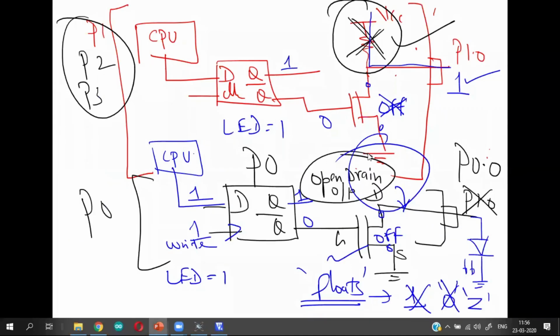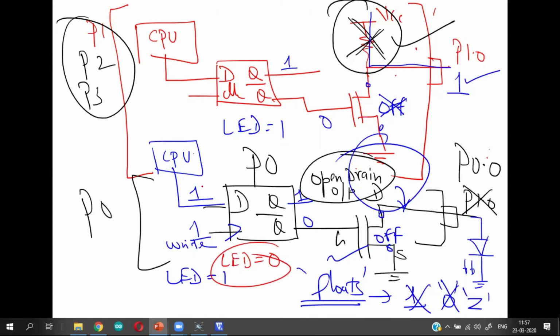Why is 0 working? For 0, this works perfectly. Tell me what will happen for 0. For 0, what will I do? I will put LED is equal to, what is the statement that I would be using? I would be putting LED is equal to 0.